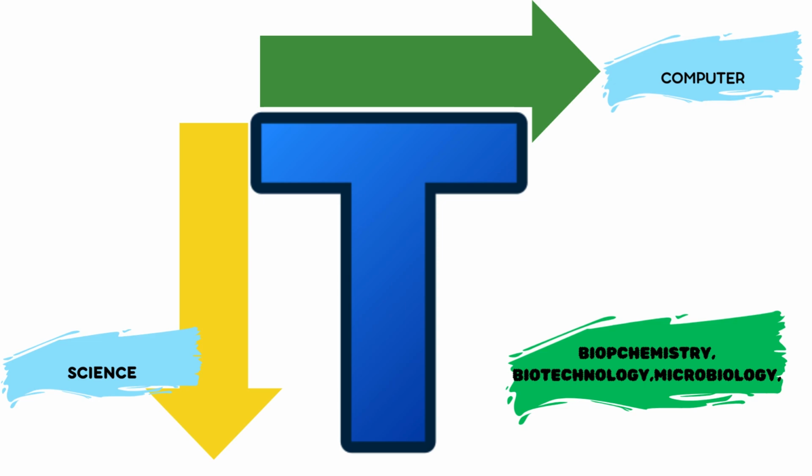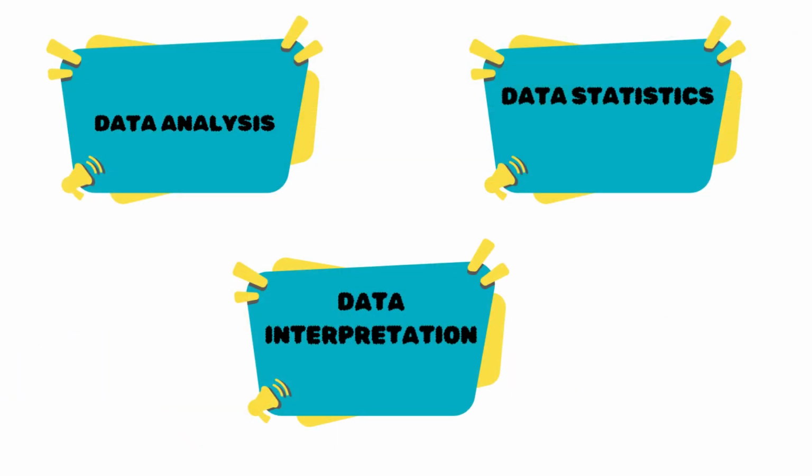To turn your biological insights into actionable discoveries, you will also require a broad range of computational skills. This is where the horizontal bar of the T shape comes in: familiarity with programming languages, data structures, algorithms, and machine learning. As you embark on this journey, remember that T-shaped knowledge is not static. It requires your continuous learning and adaptation. So get more insights in data analysis, data statistics, and data interpretation.